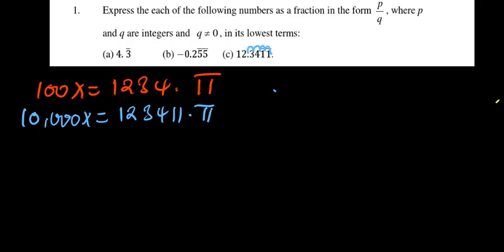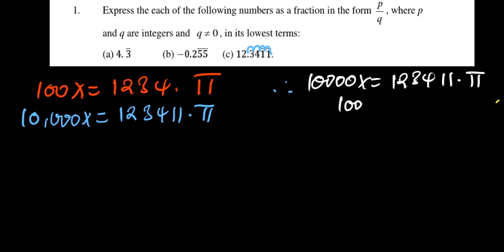So therefore, put the bigger number on top, which is 10,000x being equal to 1234.3411, then we have 100x being equal to,